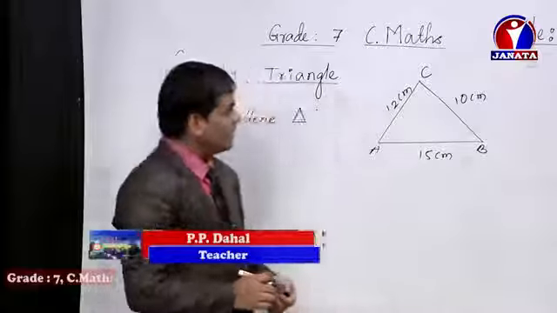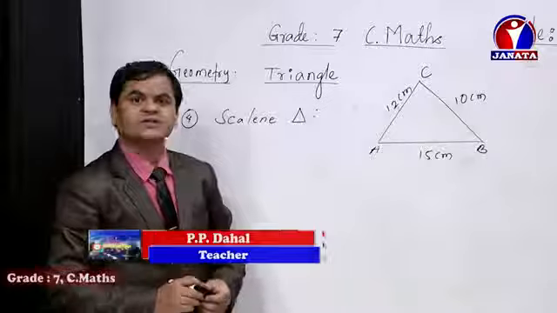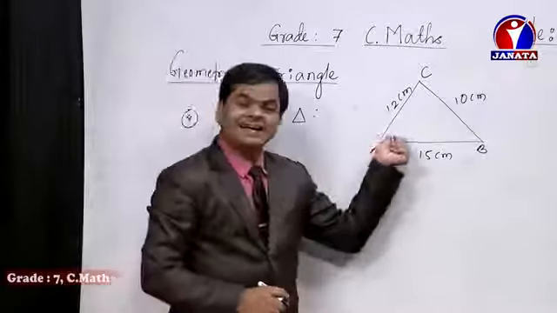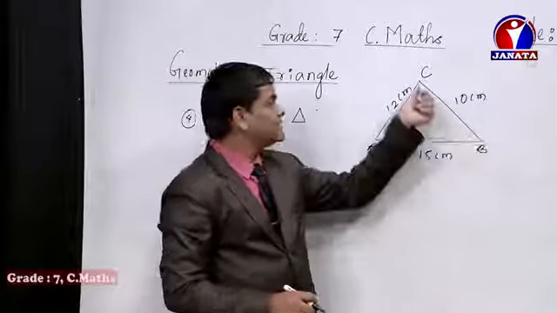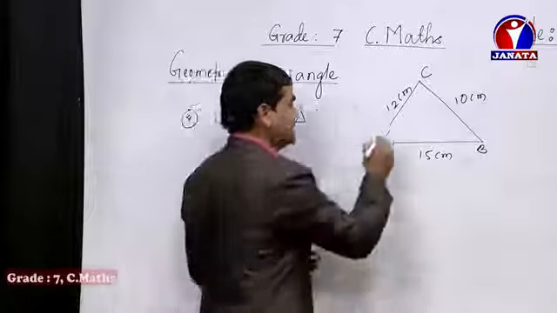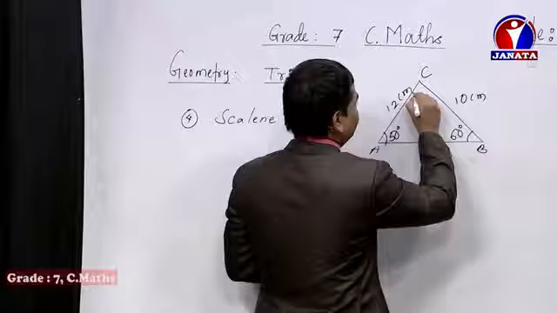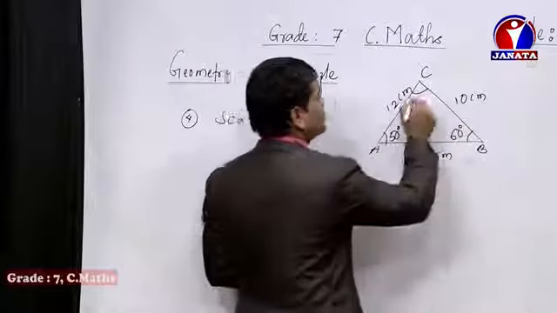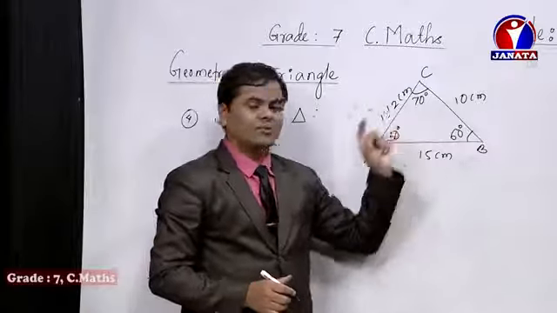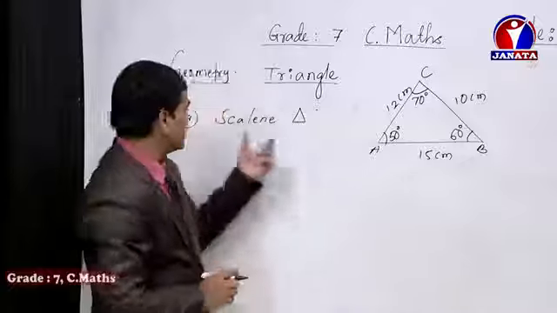Now, as the sides have different measurement, in case of angles also the value becomes different. It means the degree containing in A, the degree containing in B, and the degree containing in C will differ from each other. That means if it is 50 degree, for example, dear student, then it may be 60 degree, and obviously to be 180 degree there must be 70 degree. Look at it, dear student. Did you see one is 50, another is 60, and another is 70? It means the measurement of the angles will be different to each other in case of a scalene triangle.